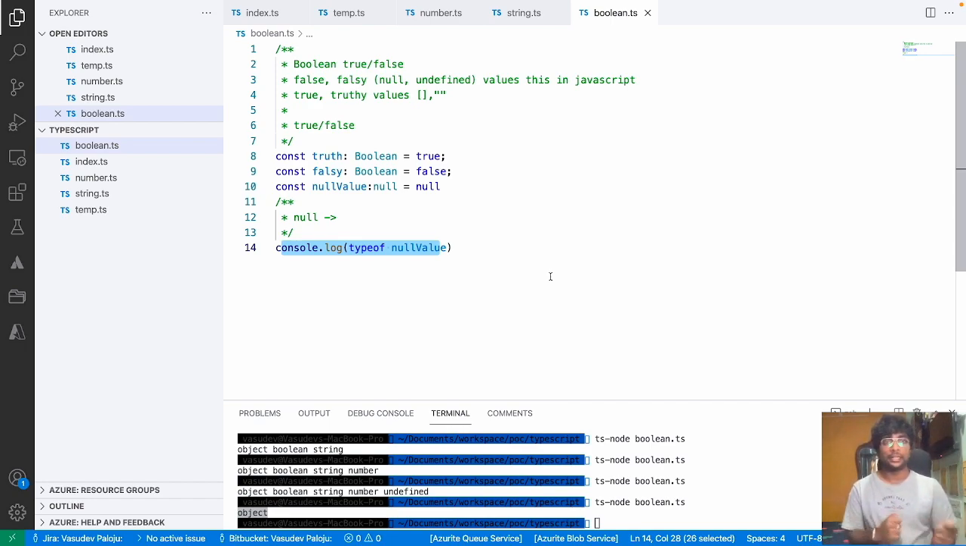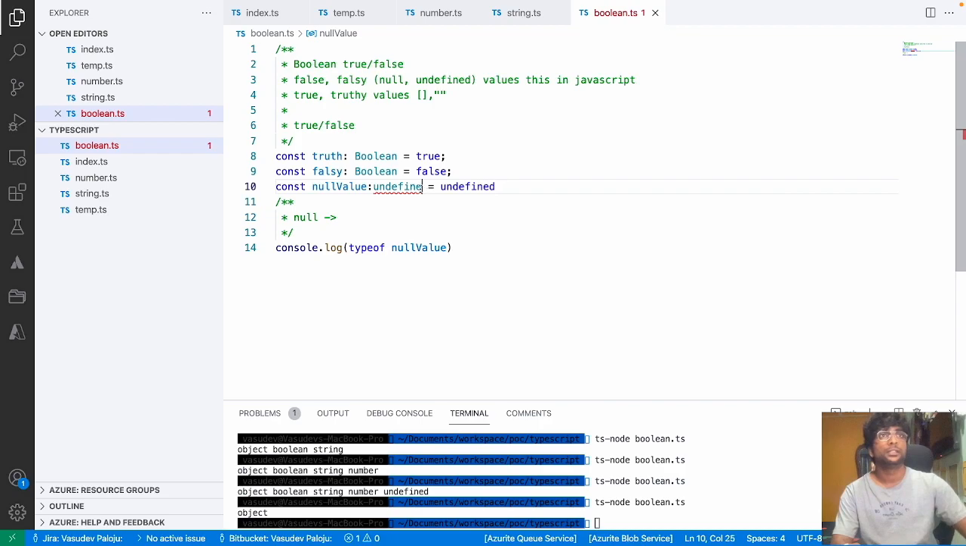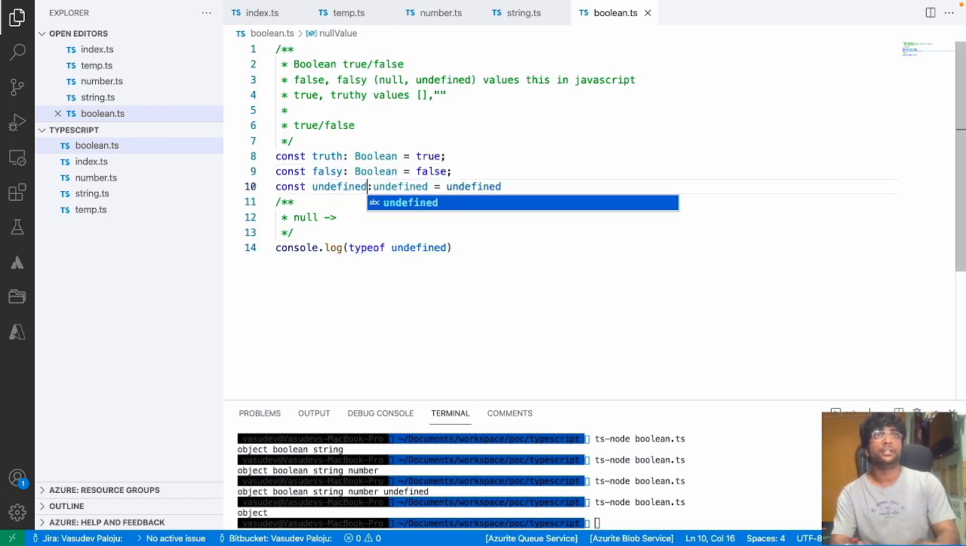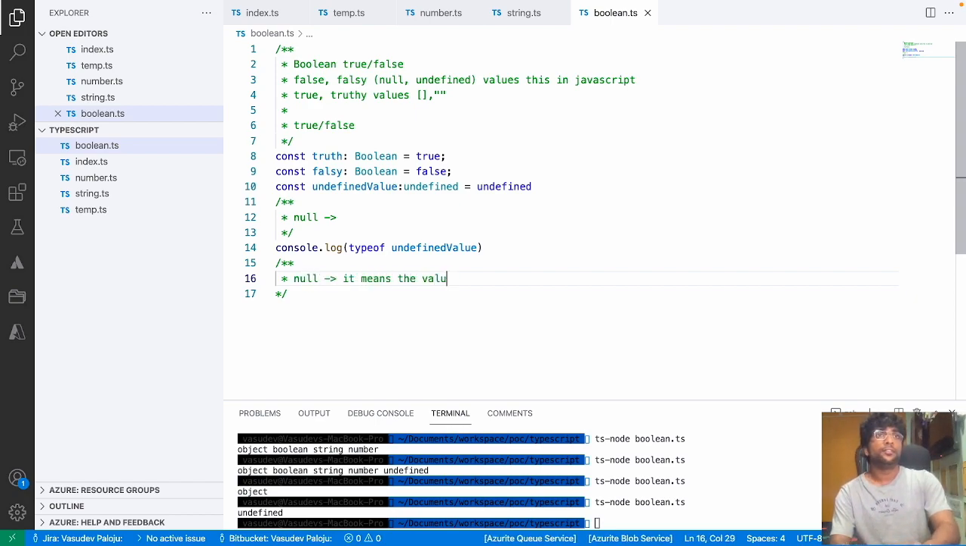So if you are doing any null comparisons based on the type attribute, then please ensure that if it is a null keyword, null object, then typeof will return object. And similarly, if the type of some value is undefined, then that undefined value's type is going to be undefined. So what is the difference between null and undefined? Null means the variable is initialized to a value called null. In case of undefined, the variable is not at all